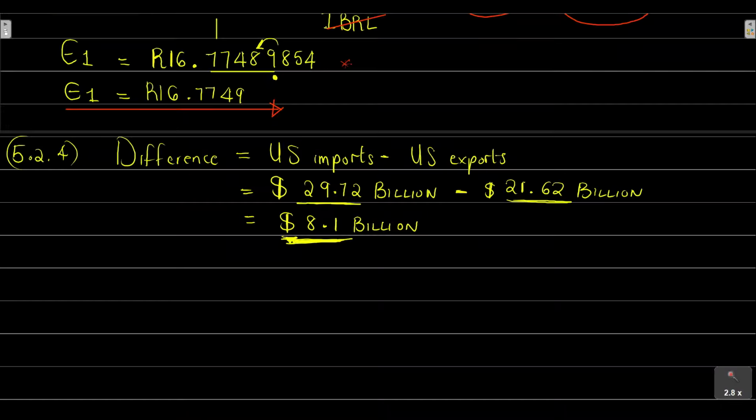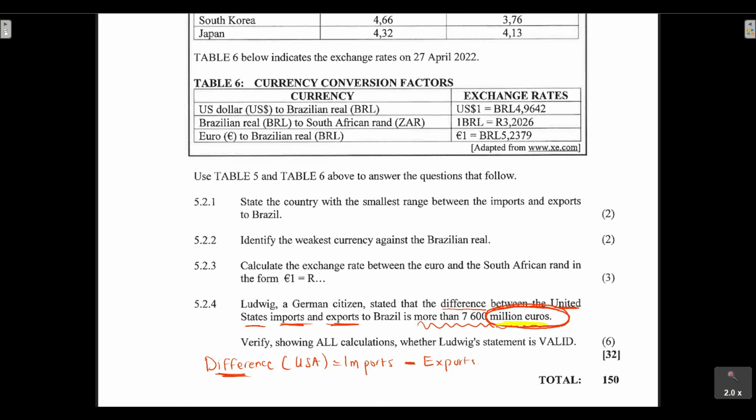Okay, so how can we convert these US dollars into euros? We're gonna be basically focusing on two equations. One equation that is given to us, right? Remember, we need to basically work with these